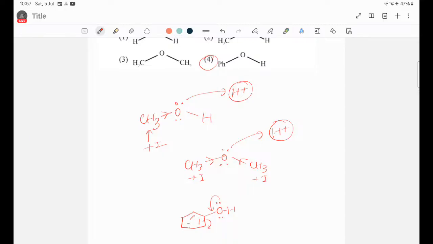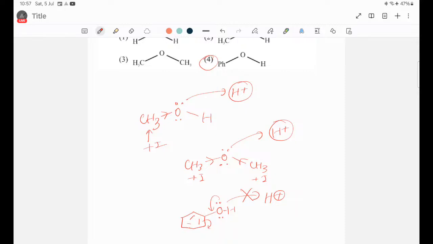Now if the lone pair of oxygen is involved with the phenyl ring, then it is not that much available to attack the H plus. So the rate of protonation will be slower, because the lone pair is not available that much. If the lone pair would be available, or the electron density over the oxygen atom would be high, then it can directly attack the H plus, and the rate of protonation will be